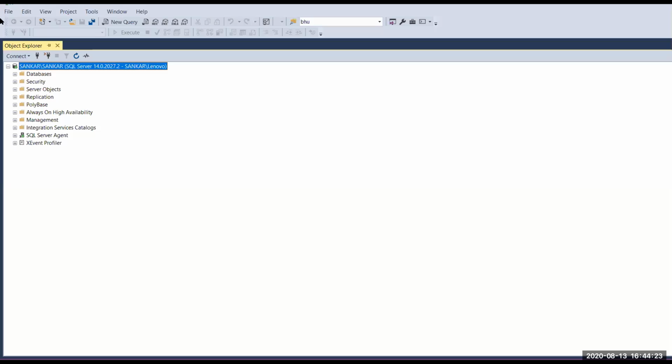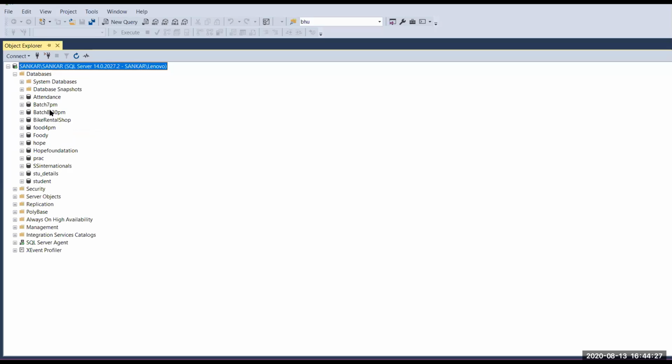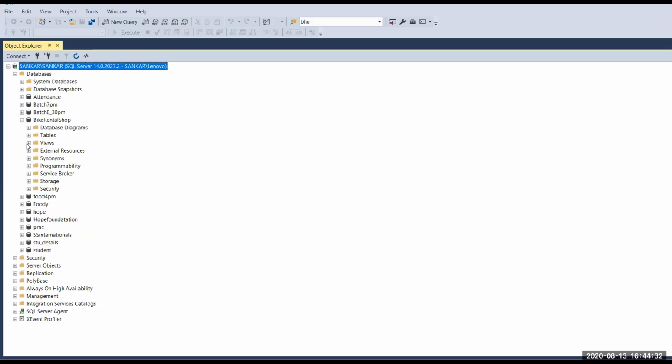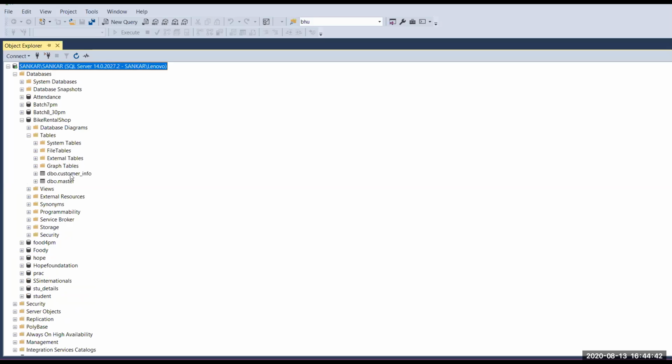Now I'm going to show the SQL table. What I have done here is a bike rental shop database, and first I'll show the tables. Here I have customer info and master. So I will open a new query.